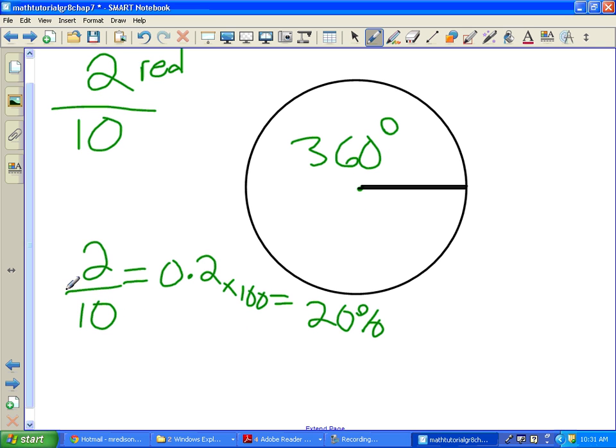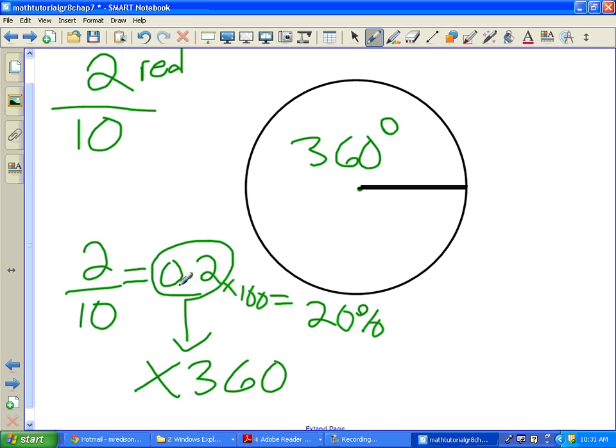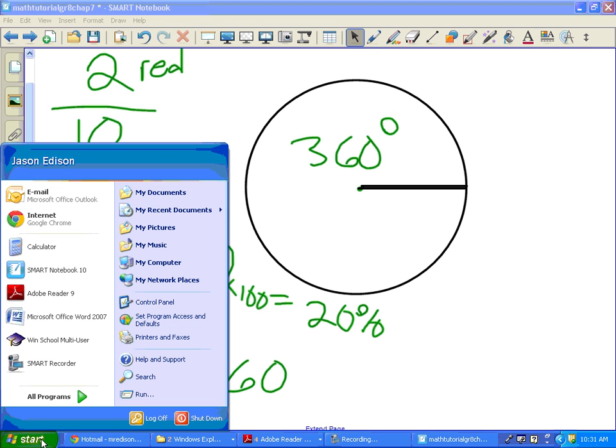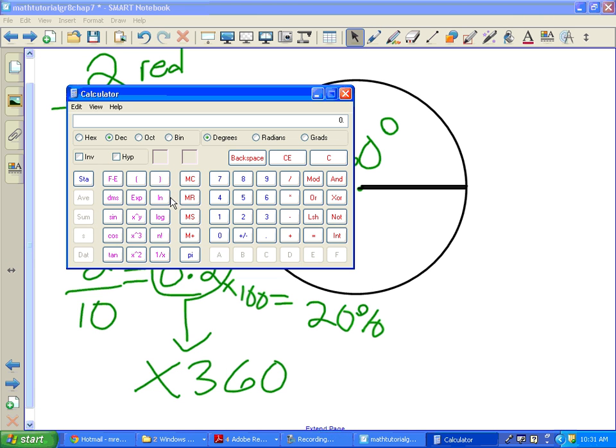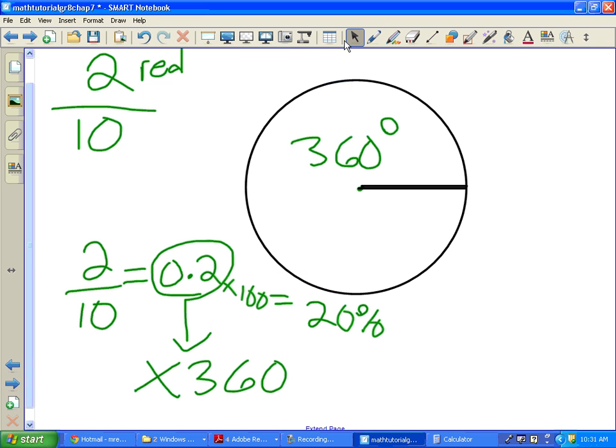But if you wanted to know what is 2 out of 10 as a circle graph, you'd simply take your decimal and times it by how many degrees you have in a circle, which is 360. So if I were to take 0.2 times 360, my answer is 72 degrees. So 2 out of 10